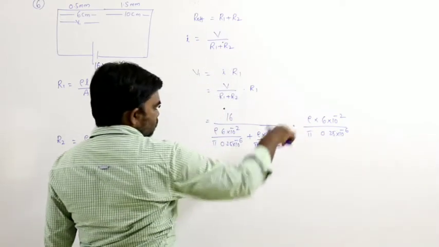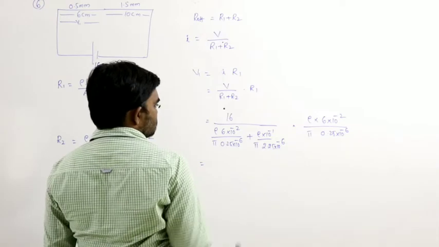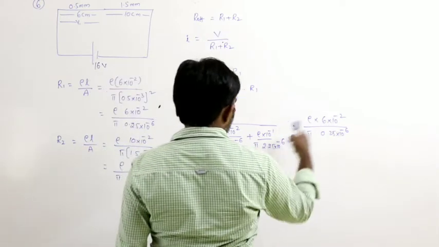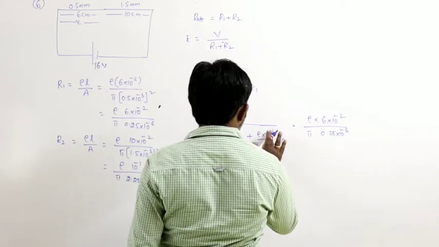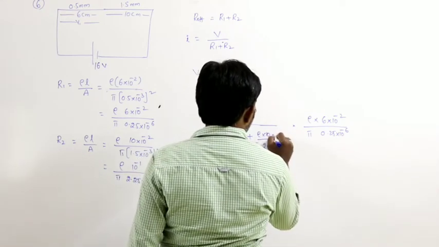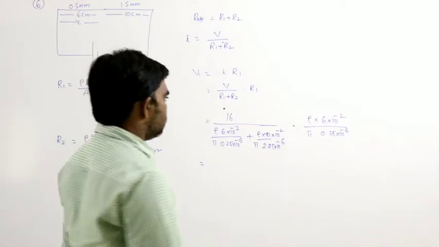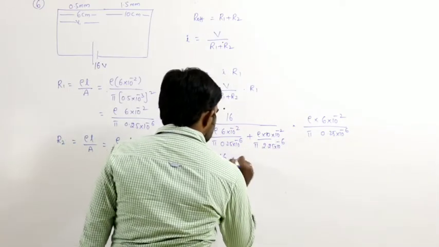Rho and pi cancel in numerator and denominator. 10 power minus 6 also cancels numerator and denominator. So 16